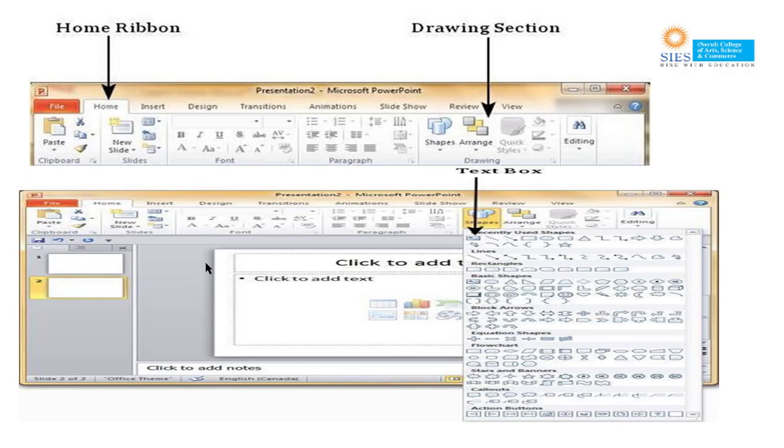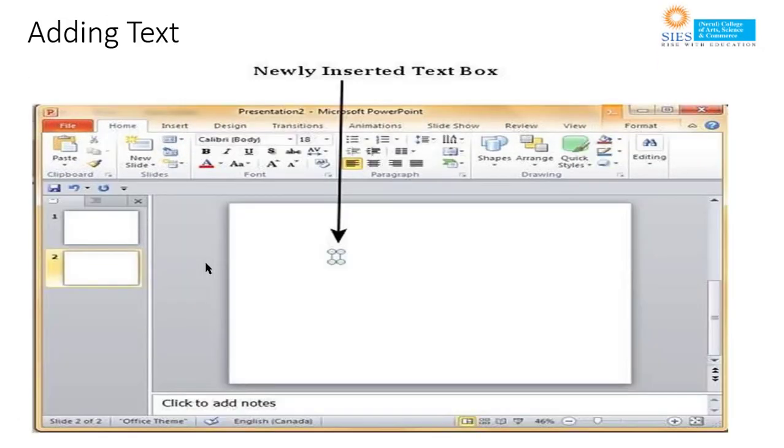Next is adding new text boxes. So this will allow you to add new text boxes in a slide. So you can have your own text box inserted. You have to go to the Insert menu and insert a text box in it. Most of the standard layouts come with the text box option. As mentioned in the previous chapter, text boxes will have click to add text as the default text.